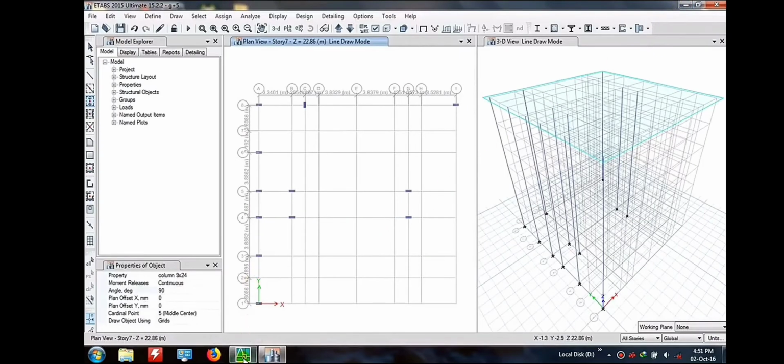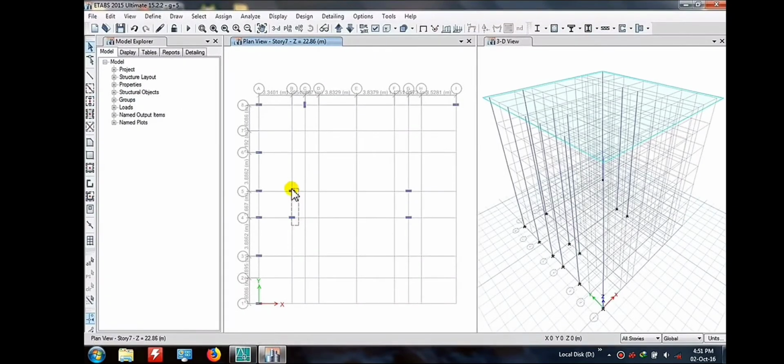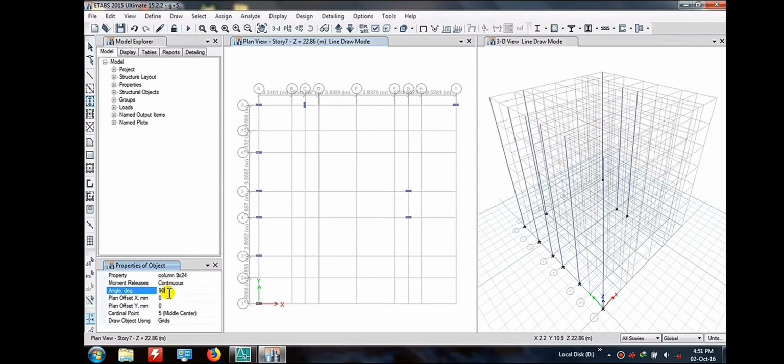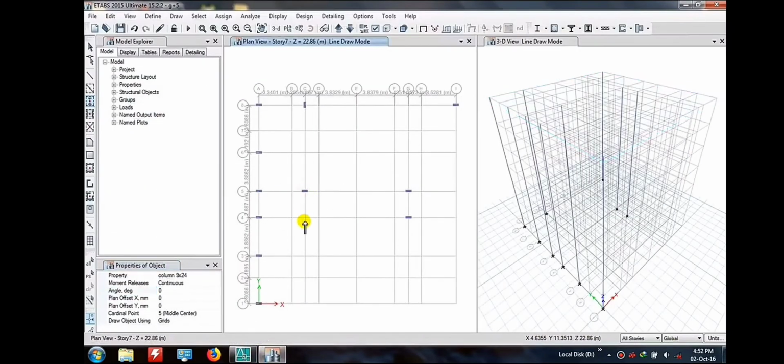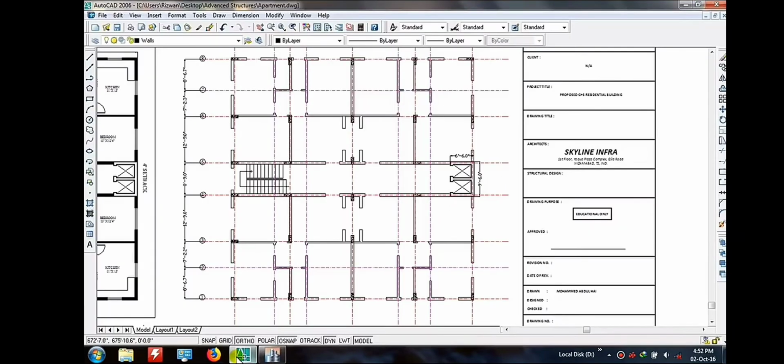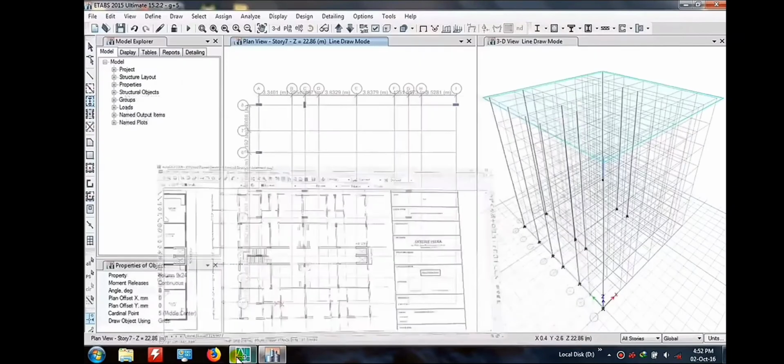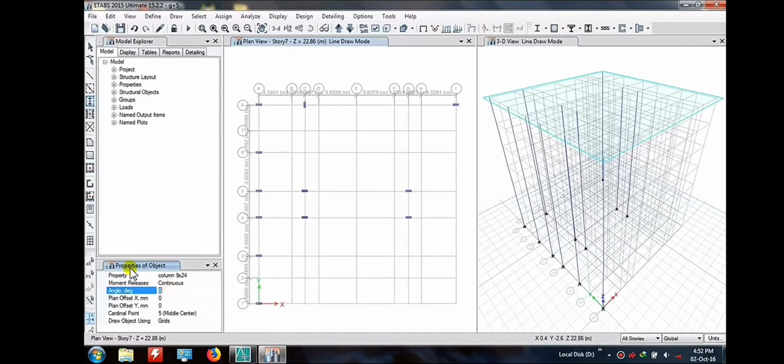So here I also made a mistake. I have to remove these columns and I am going to write here as a 0, and we are going to assign these columns in the different grid system. So here I completed my session. Okay, correct. Now we are going to write here 90 degree orientation. We have changed our orientation and we are going to draw the column at 90 degree oriented column.